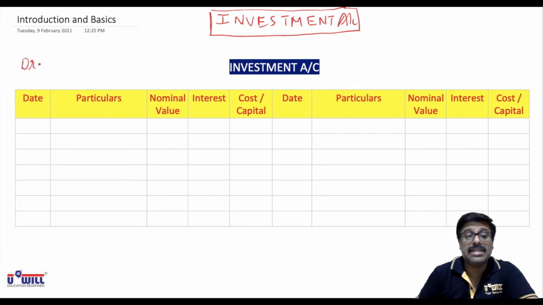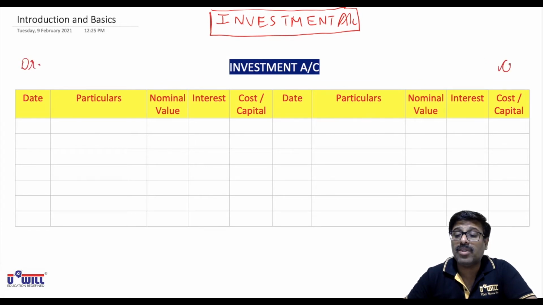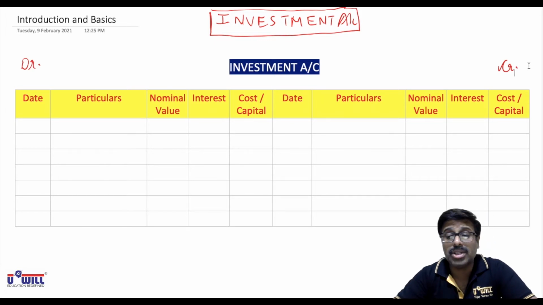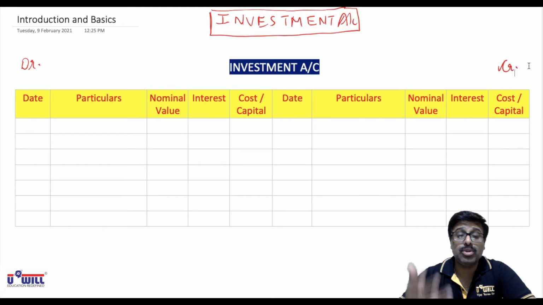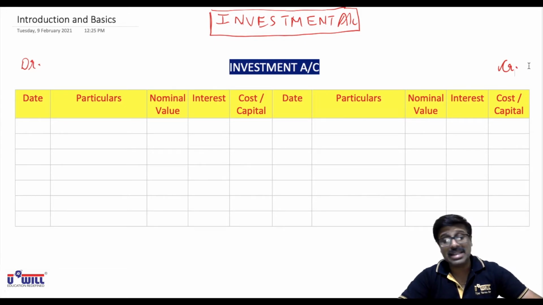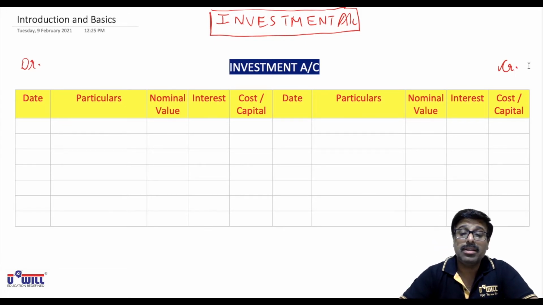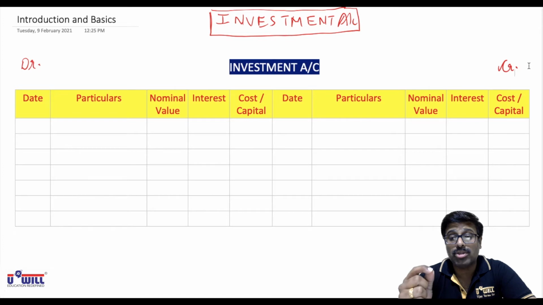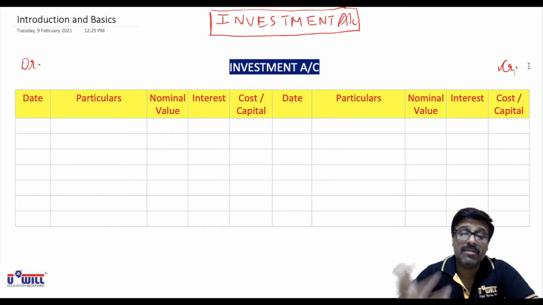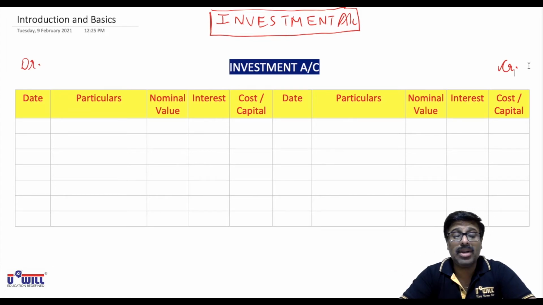Thereafter, we will understand the journal entries, and from journal entries how to do the posting. We will not be passing the journal entries. We'll directly be doing the posting in the investment account, because not a single question is asked based on journal. So directly we have to make the ledger accounts only. And after we make the ledger account, I'll give you a shortcut or a technique to remember how to make this investment account directly without passing a journal entry when we solve the question. Pause the video and make this format.